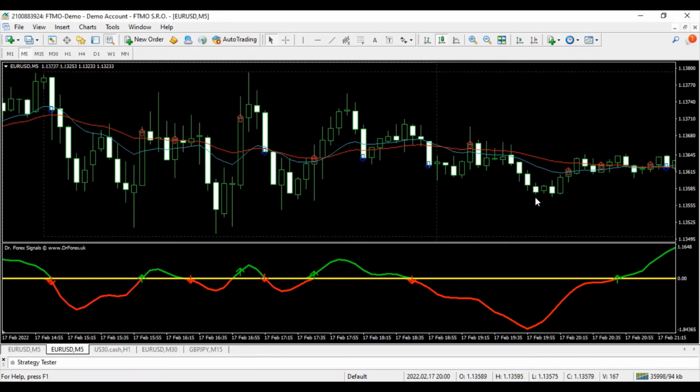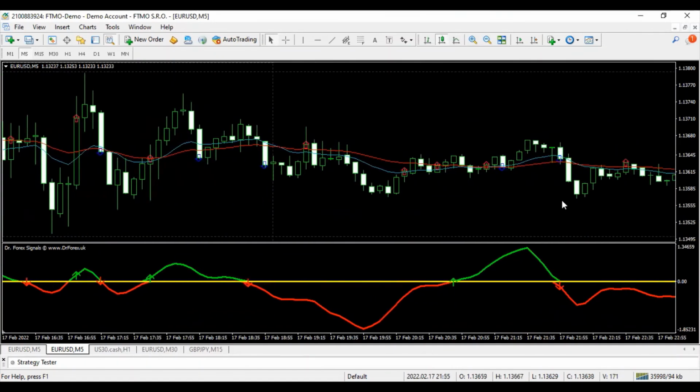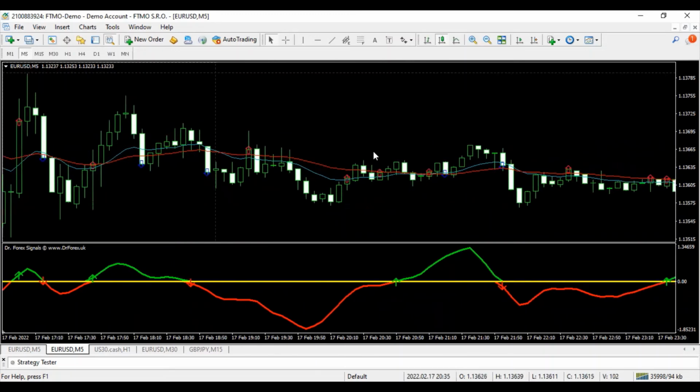Because you are scalping, you don't want to be entering trades that you'll be losing anyhow. You want to at least make sure that there's a higher chance of you winning any trade you try to win. So that's the concept of this particular strategy. So I want you to try it out and follow the rules. However, I must also warn you that this Dr. Forex strategy indicator